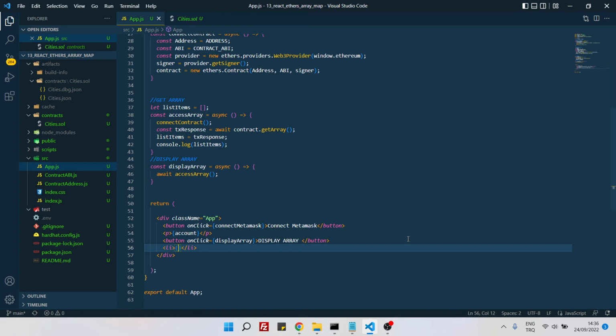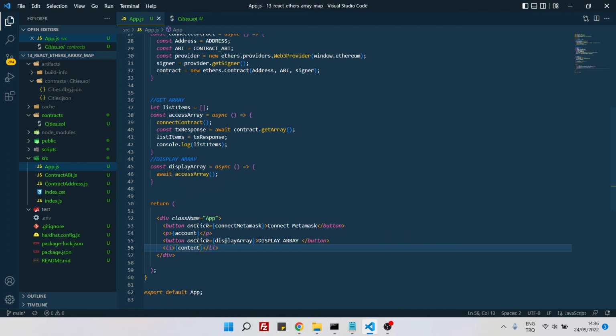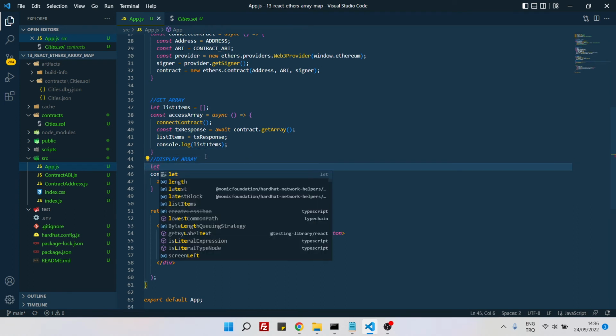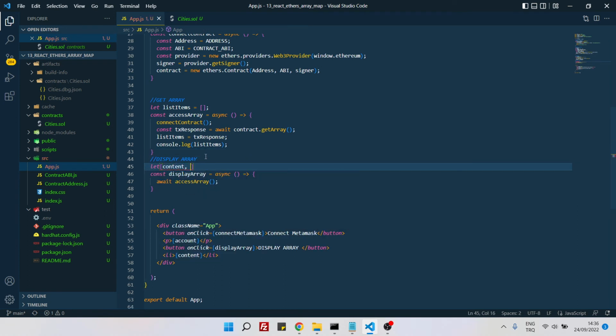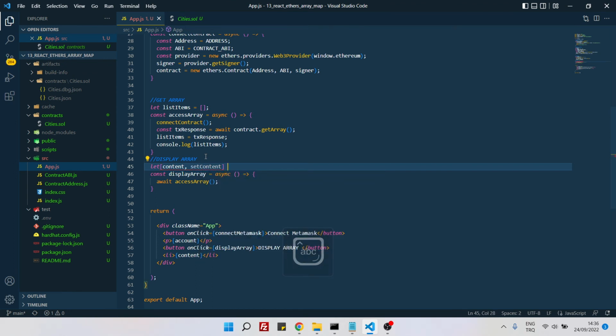Name it as content. Why am I creating this? Because we are accessing the list of these 4 cities, but I would like to list them here, so they go under each other. It should look nicer. So let's create a variable, and then let's use the useState, let content, set content,